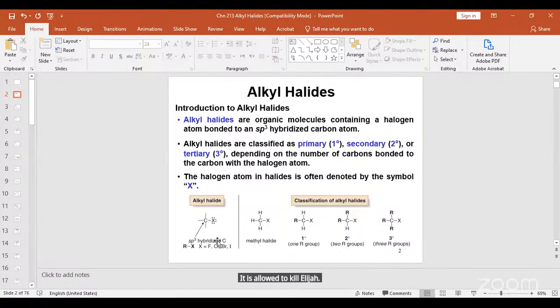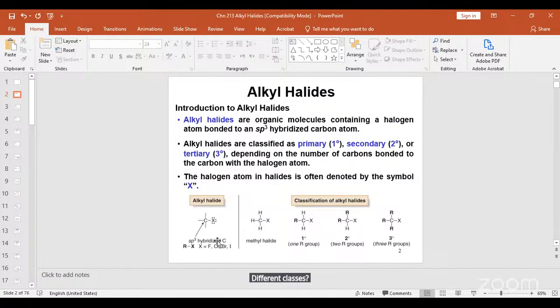Once that carbon is not sp3 hybridized, then it cannot be an alkyl halide, as you will see when we get to discuss the different types of halides rather. Now we have different classes